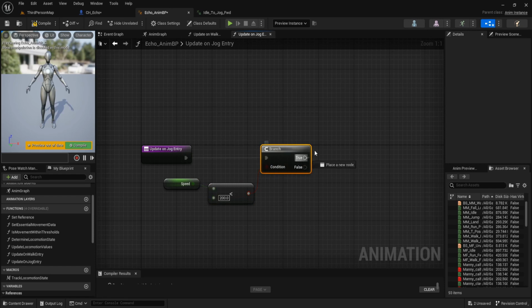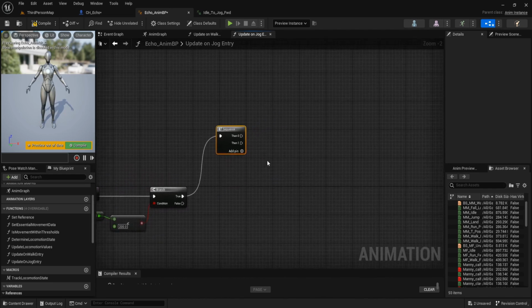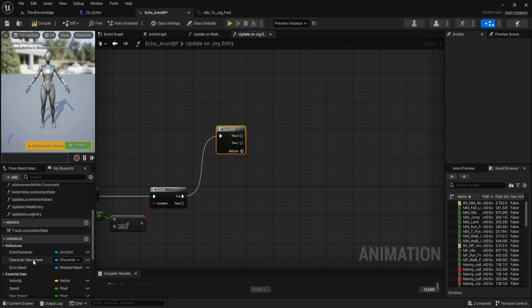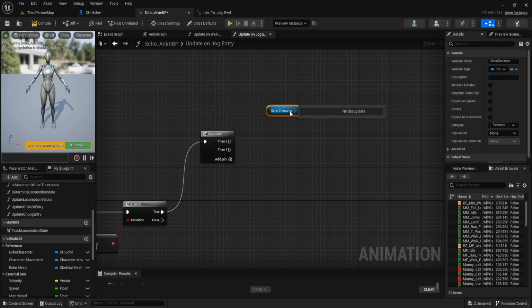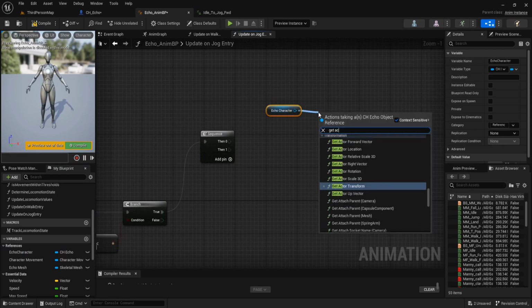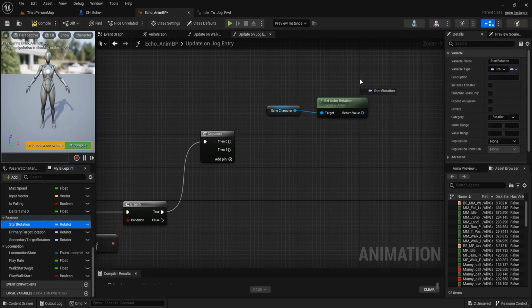If it's true, create a sequence. And then get echo character. Get actor rotation and set it to start rotation.